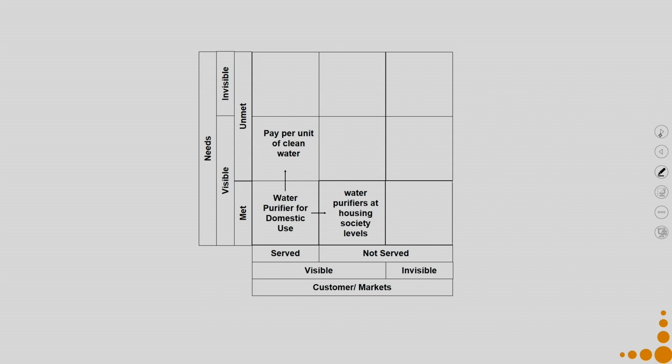So, now this gives us an interesting opportunity that since I have a visibility over here and I have a visibility over here and they are unmet, so I can easily progress. So, I can develop a PSS around clean water solution, that is pretty clear over here. Now, if I want to go towards a sustainable PSS clean water, which is completely an invisible need as well as the market is invisible for that particular activity, say what do I need?